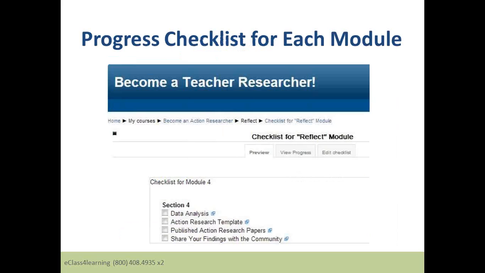Each of the four modules has a checklist of the items that need to be completed before moving to the next module. This helps the teacher keep organized, and it allows the mentor the opportunity to follow the progress that the teacher is making and provide support where needed. And you can see from this screenshot in the last module there would be 4 steps where they would go through the data analysis, they would complete their action research template, they would publish it, and they would share their